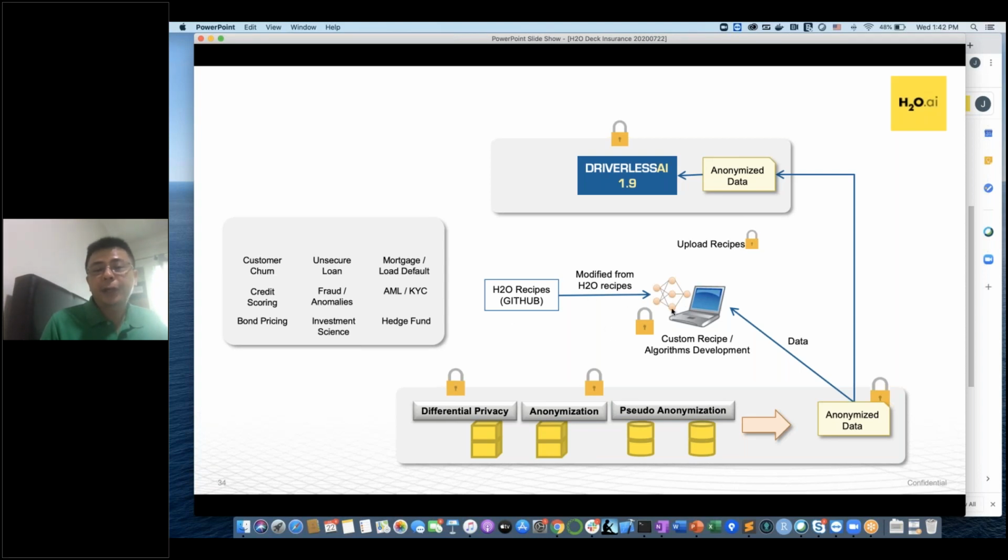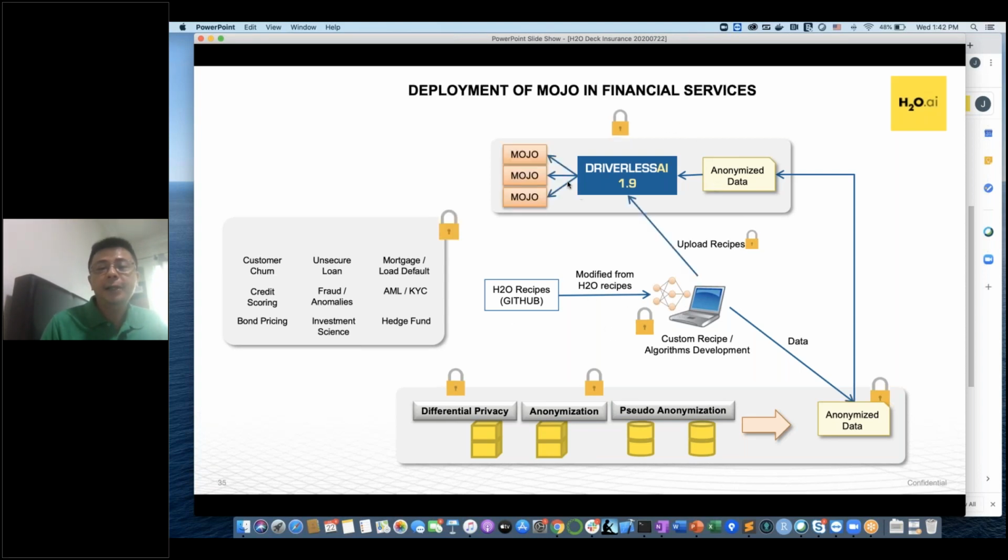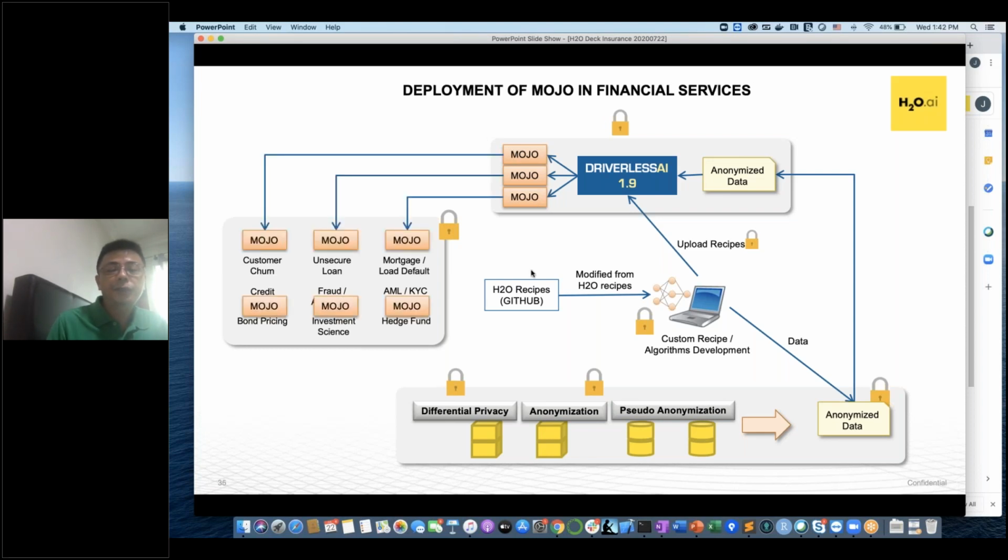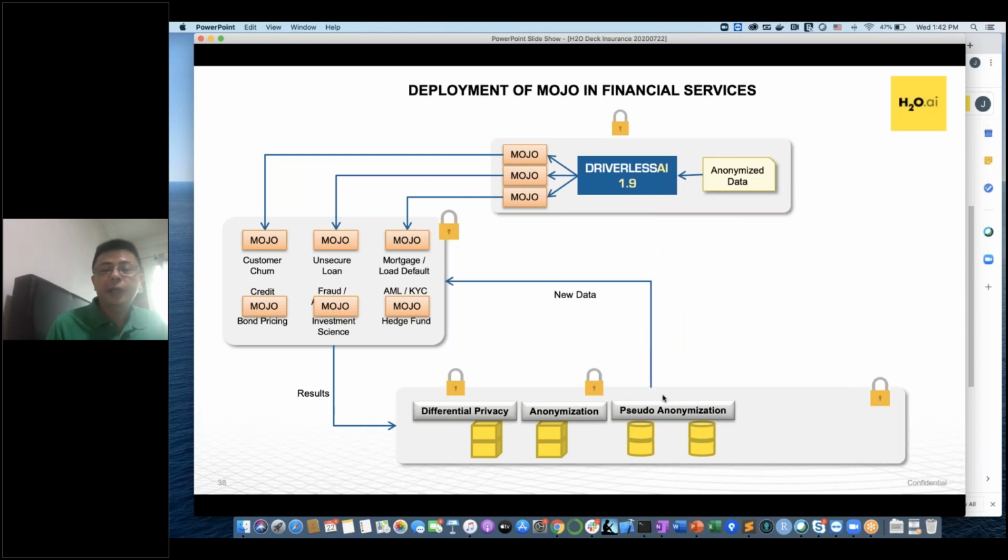100 recipes that you can use directly and load onto Driverless AI, to produce multiple models for multiple use cases. And this diagram shows multiple modules that have been produced, and you can deploy all these models to your various departments or divisions and so on. Yeah. The results can go back to your secure enterprise data layer, and when you have new incoming data, such as new customers signing up to your company's products, you can use the module to score or make predictions on the new data for various use